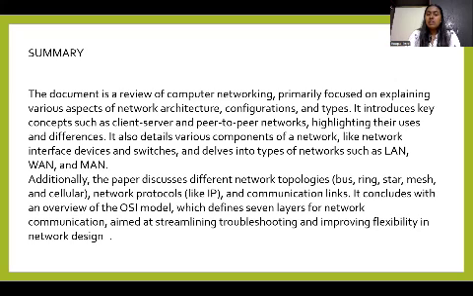Network protocols like IP and communication links. It concludes with an overview of the OSI model, which defines 7 layers of network communication, aimed at streamlining troubleshooting and improving flexibility in network design.